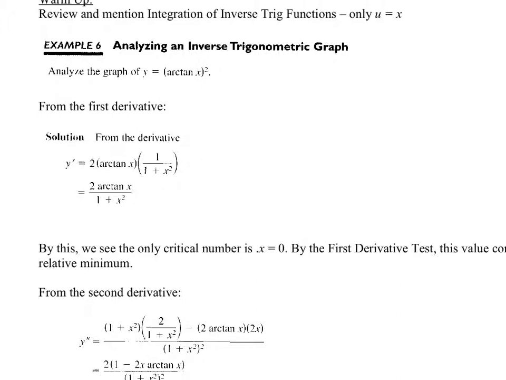Okay, so you'll remember here, if we're told to, it just says analyze the graph. So what we're going to do is look through and find max and min points. We're going to find points of inflection, look at increasing and decreasing, look at concavity, and figure all of that stuff out here, okay? So if you recall what we looked at yesterday, the derivative of arctan of u